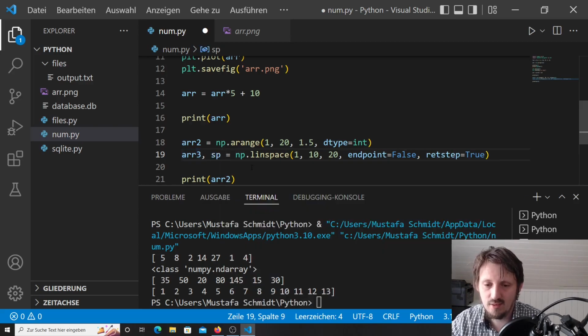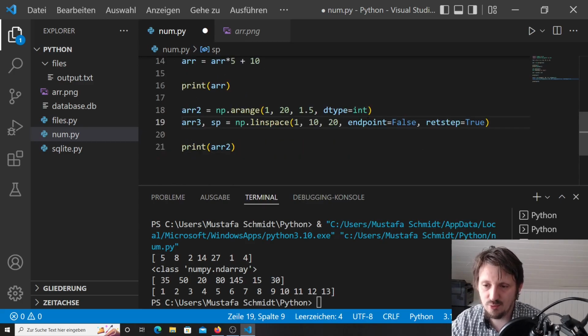So let's call it SP. Now there are 2 return values, one is the array itself, one is the spacing, but of course you can also ignore these 2 parameters if you don't need them. You can only insert these first 3 parameters. This I'm only showing now for educational purpose. Now you can print